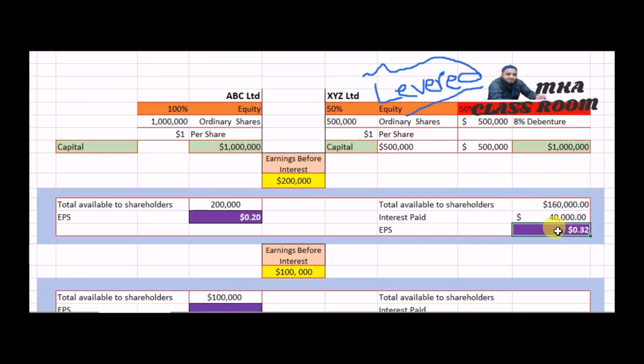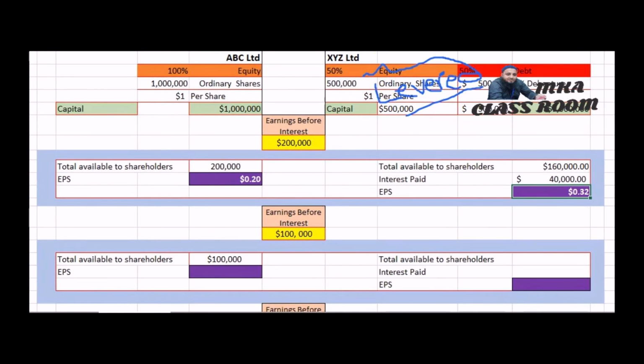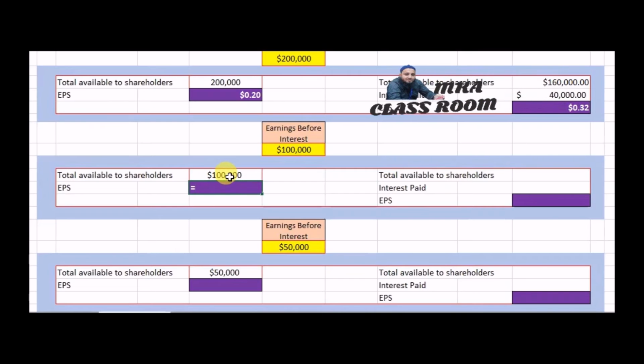So it is clear that whenever the income is 2 lakh, then the income of shareholders of unlevered companies is 20 cents, whereas the levered company's earnings are 32 cents per share. So now we will see earnings for 1 lakh. If the earning is 1 lakh, what will happen to the unlevered company's EPS? We will see the earnings available to the shareholders, that is 1 lakh,